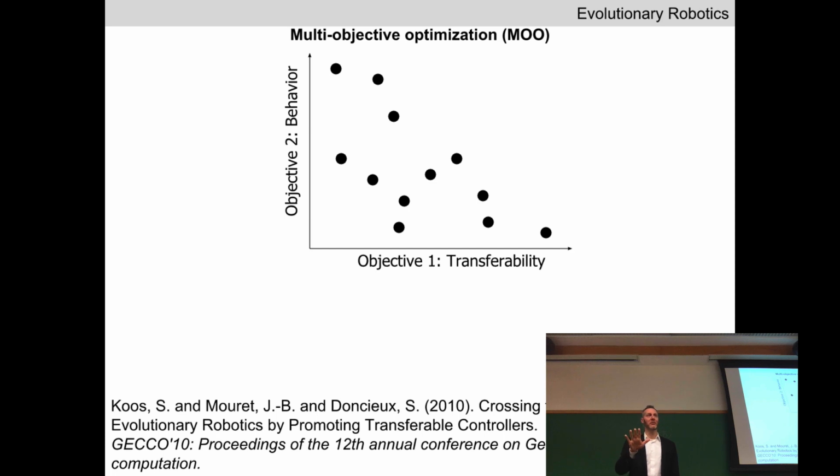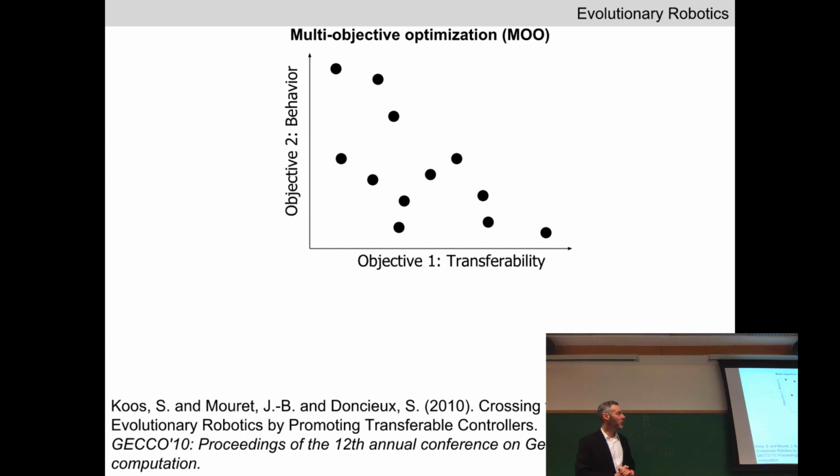So this is different from a fitness landscape. This is actually embedding these solutions in a plane. And given what I've told you, we're trying to maximize behavior and maximize transferability. And I apologize, I'm going to switch back and forth between T, which is maximizing transferability, which is minimizing distance. So if you want, you can think of T as being more or less equal to 1 over 1 plus D. The lower D, the higher transferability.